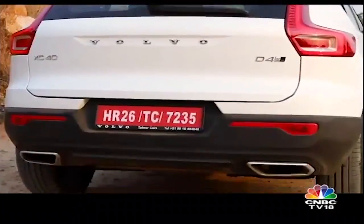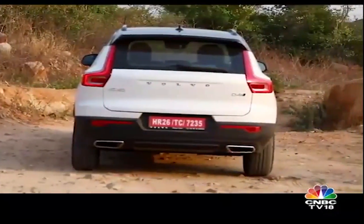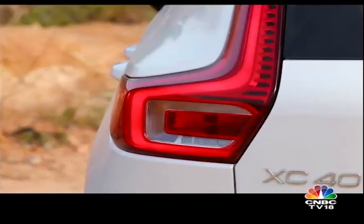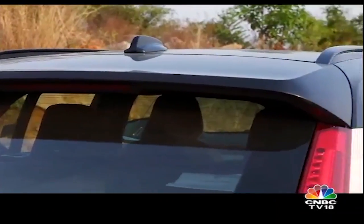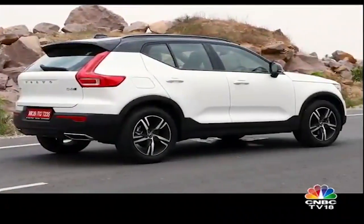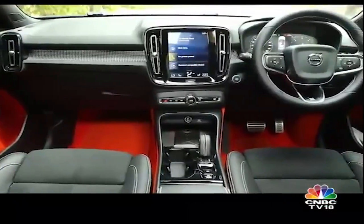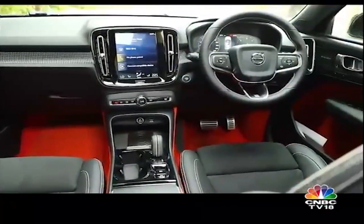The tailgate has a large opening and a low loading lip too. The tail lights are trademark Volvo design, but miss out on an all-LED treatment. The spoiler on the roof looks quite sporty, and the C-pillar, despite its slab design, adds a bit of sportiness to the rear end. The cabin is inviting and uses driftwood trim for the dashboard, Alcantara and leather upholstery for